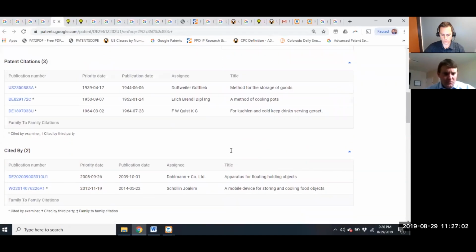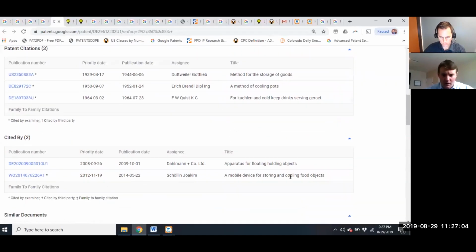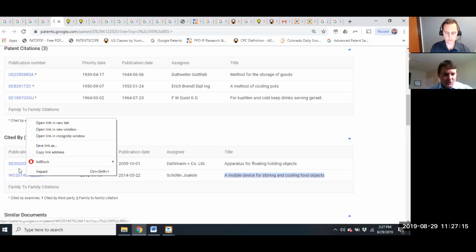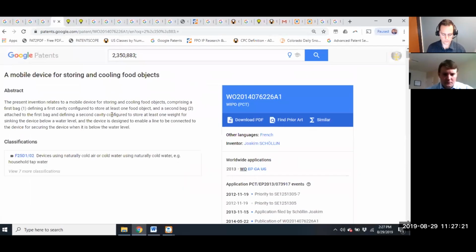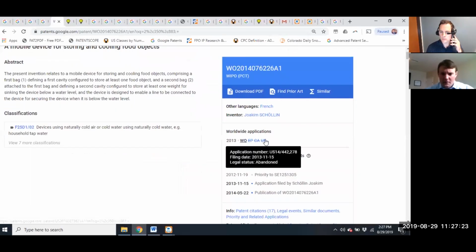So the reference here that I wanted to point out was the mobile device for storing, cooling food objects. Well, that looks pretty good. Let's check it out. Where is this going to go? Again,